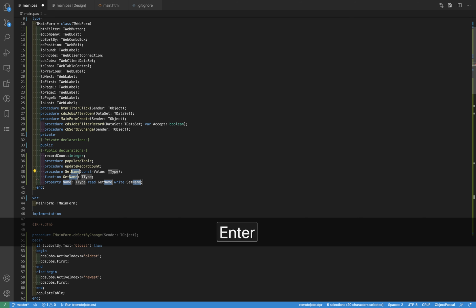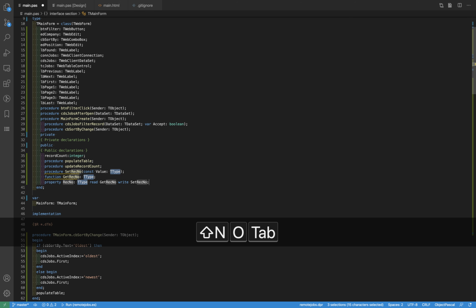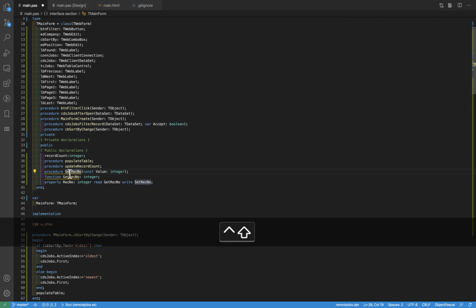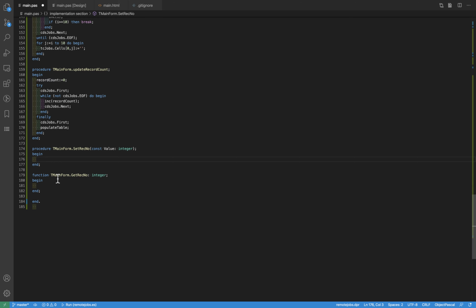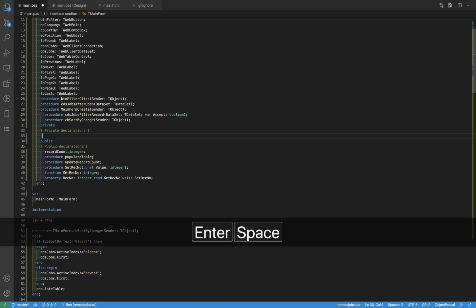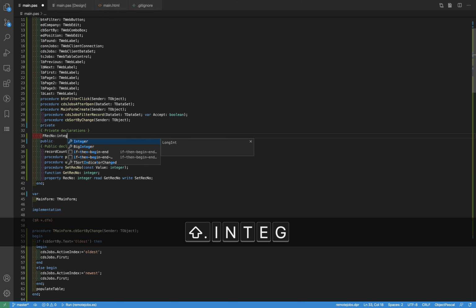I'm going to name it no, and the type is going to be integer. Okay, and now what I can do is simply Shift Control C. Okay, and that's it. I'm going to have a field for it also. It's going to be no integer,